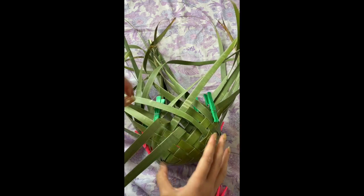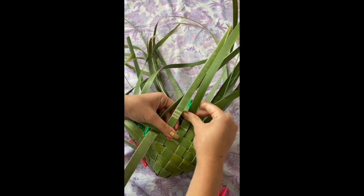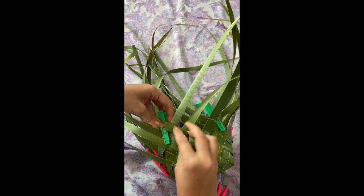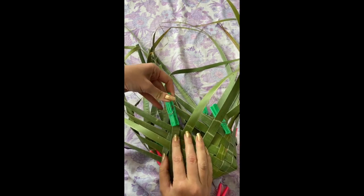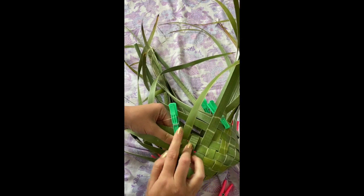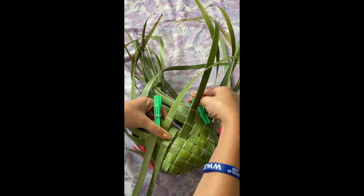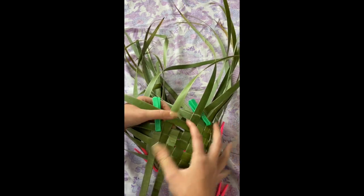sit on the top, shimmy it into place a little bit, and then pull this one up, push that one down, next one goes up, and the last one will go down, and this will be the beginning of our ara. So ara means pathway, and it is always the top of our basket, just to keep it the same height all the way through. So we've prepared a space for our next strip to then come over, sit on the top as before,